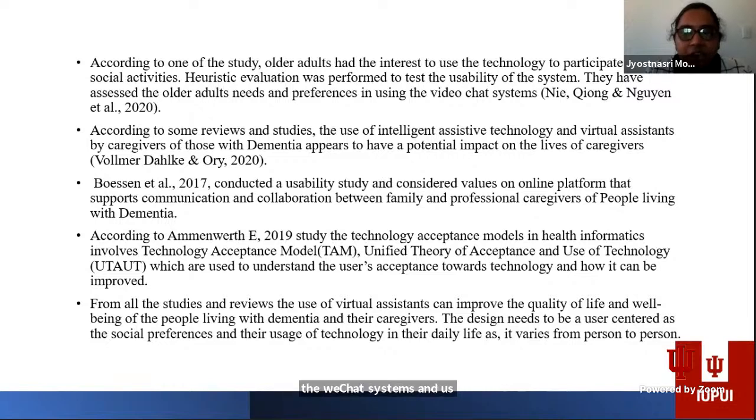Use of intelligent assistive technology and virtual assistants by caregivers of those with dementia appears to have potential impact on the lives of the caregivers also. To conduct usability studies, considering values on an online platform that supports communication and collaboration between family and professional caregivers of people living with dementia. And according to a study, there are some technology acceptance models in health informatics, that involve the technology acceptance model, that is TAM, and the unified theory of acceptance and use of technology, that is UTAUT, which are